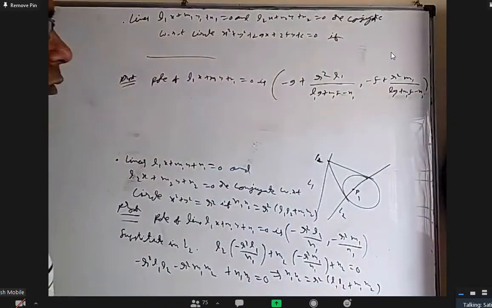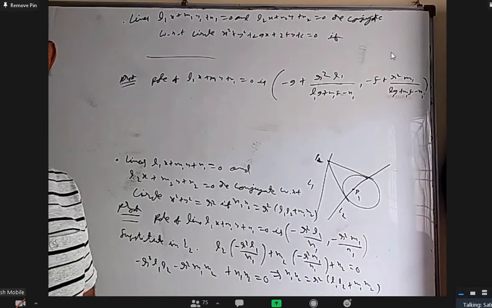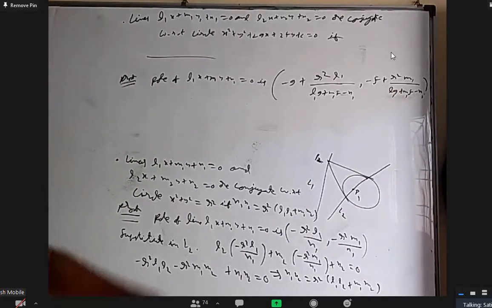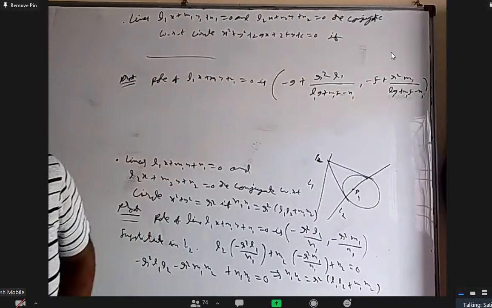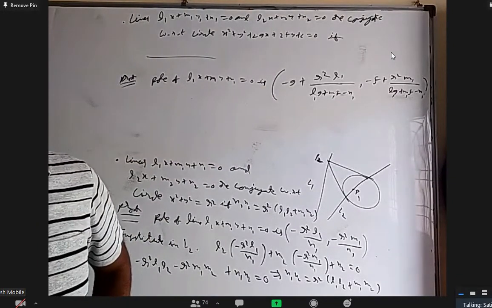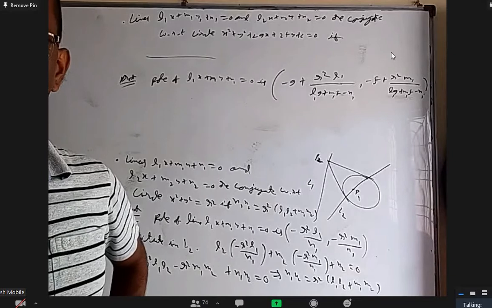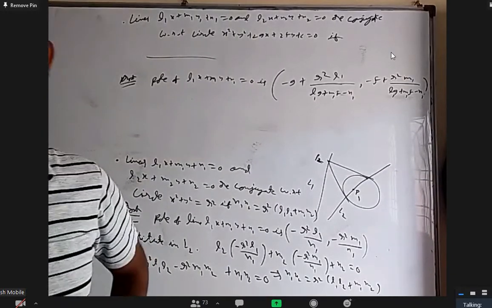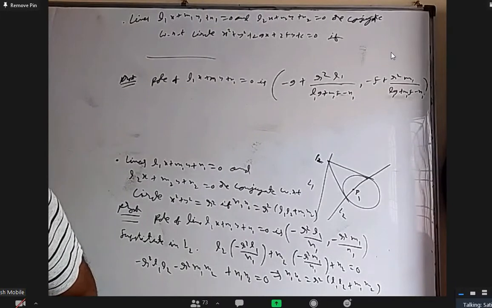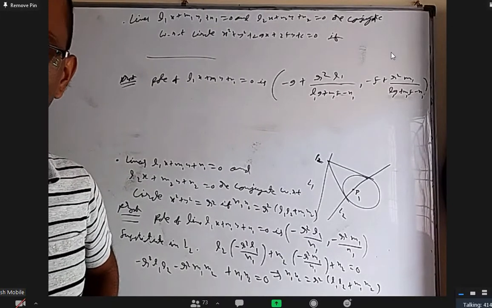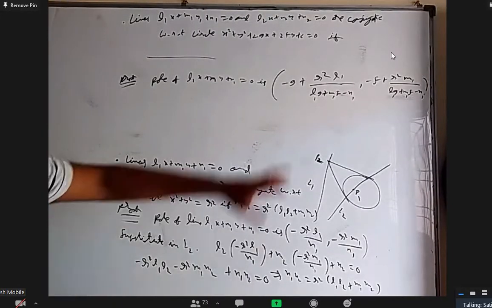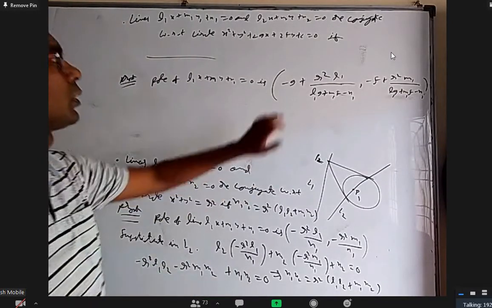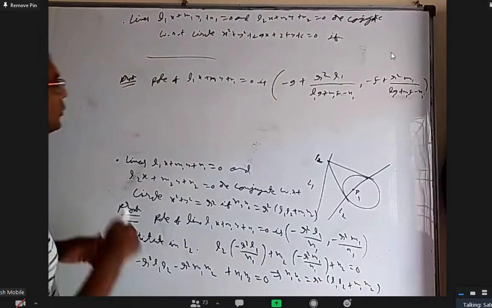Is this what I gave as the formula in the previous class? The pole of a line with respect to a circle whose center is not the origin. Can somebody check your class notes? All of you are able to hear me, right? Yes. Okay, this is the formula that I wrote. Now this I should put in the second line.